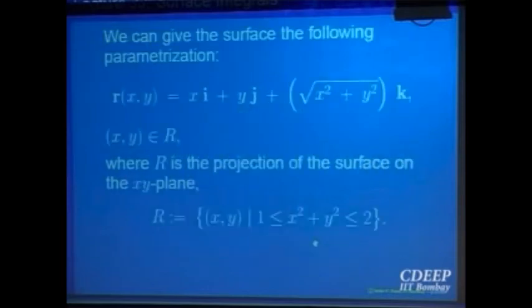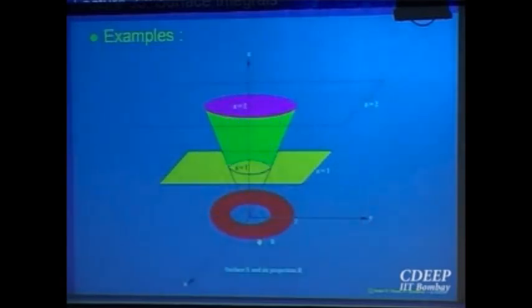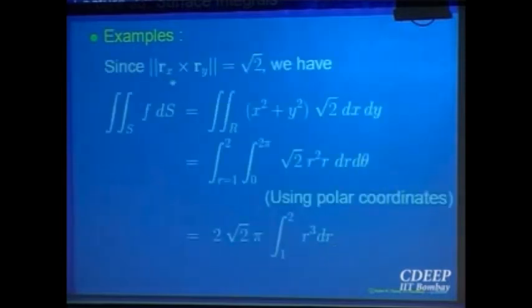Okay. So let us write a parameterization R(x, y) equal to this. The projection is x square plus y square bigger than or equal to 1 and less than or equal to 2. Now once you know the parameterization, you know the projection. This is what you get cutting at z equal to 1 and z equal to 2 when you project it. So this portion is not there when projecting onto z equal to 1. So this is missing, and we are only looking at the annulus portion. Easy to visualize it anyway. So Rx cross Ry, we have already computed that in the previous example also, and it came out to be square root 2. So just put in the values and compute, integral from 1 to 2 of r cube dr.